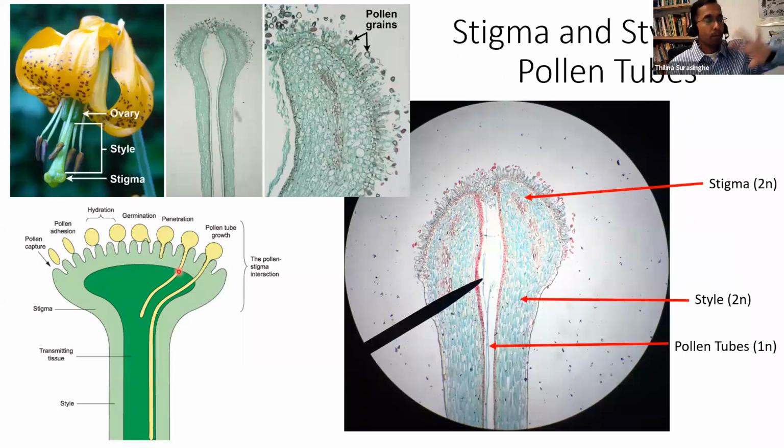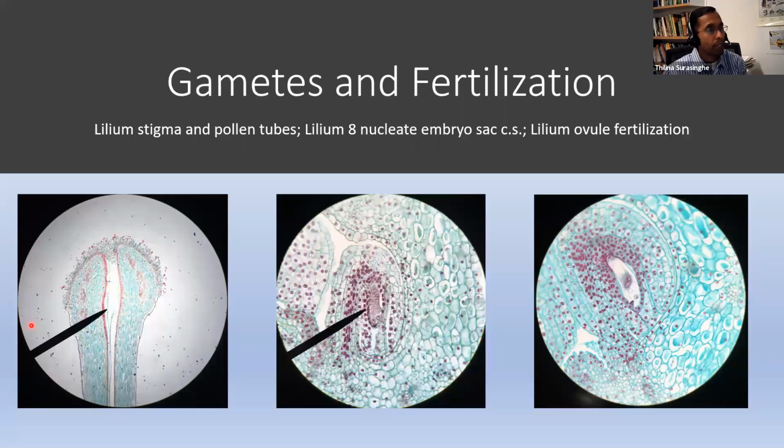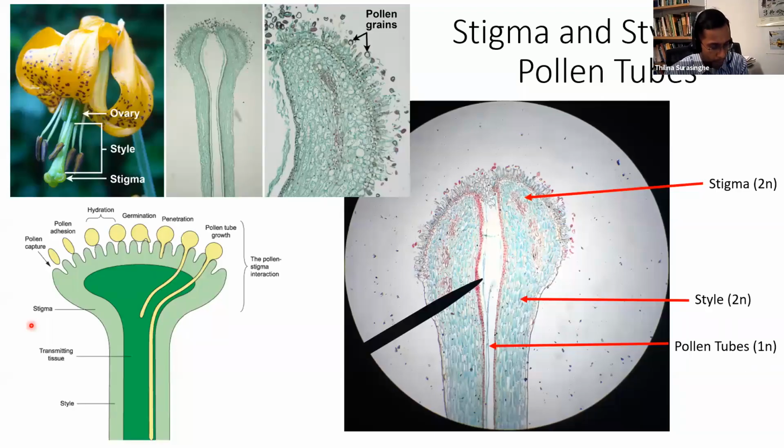Now that's about the female reproductive part. Let's do the same for the male reproductive parts. Let's take a look at the anthers and the filament. Yeah, we were looking at the female reproductive part. We will continue to look at the female reproductive part over here, not entirely the male reproductive part. Still, we are looking at the female reproductive part, but instead of looking at the ovary, now let's look